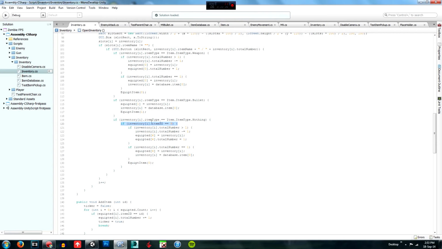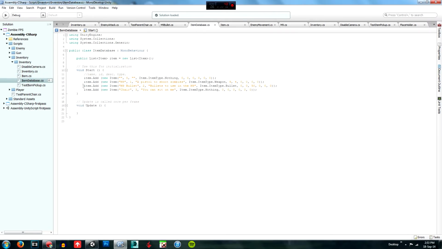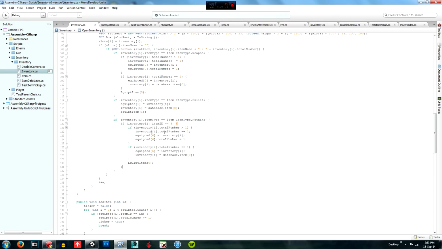So then we're going to say, if it is of type nothing, then we're going to say if the item ID is equal to 3, and this is just an item I made here, 3 of chair. This probably isn't the best way to do it. It's probably actually one of the worst ways you could do it, but for now I just ran through and did it all by myself, just quickly testing things. I'll probably change it in the future. If it's equal to 3, so if it is the chair, then